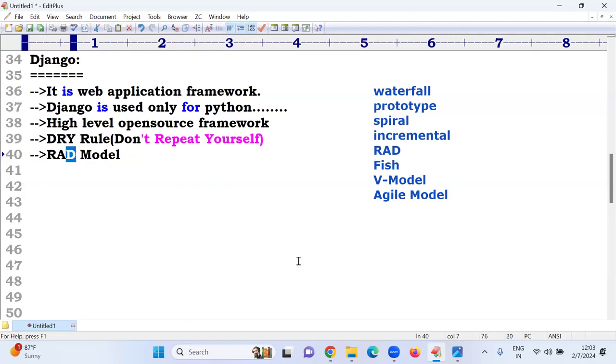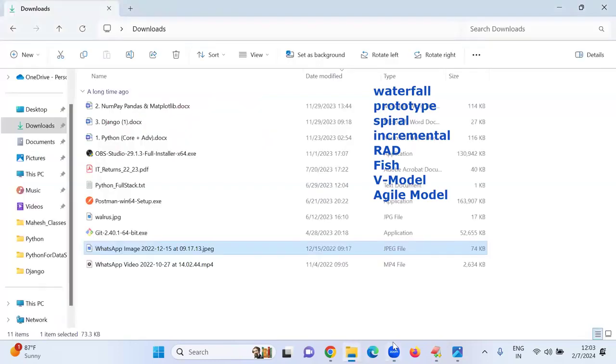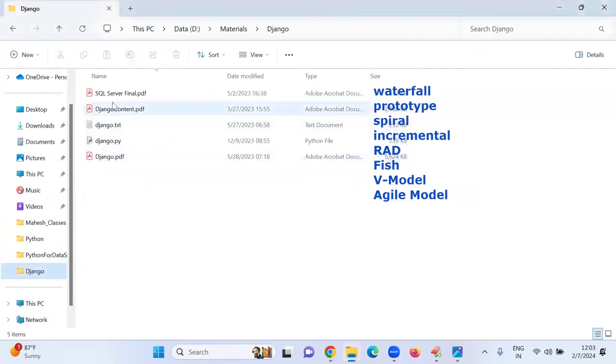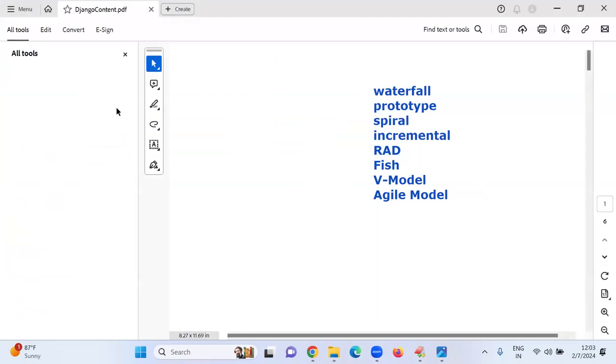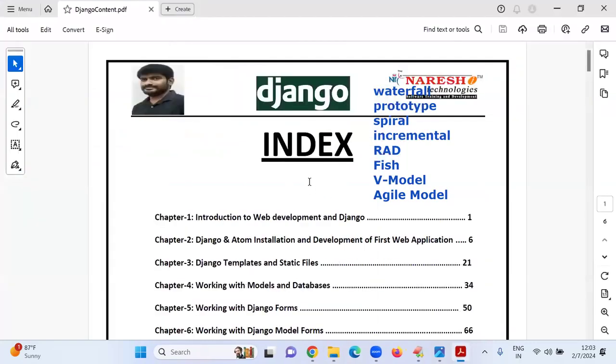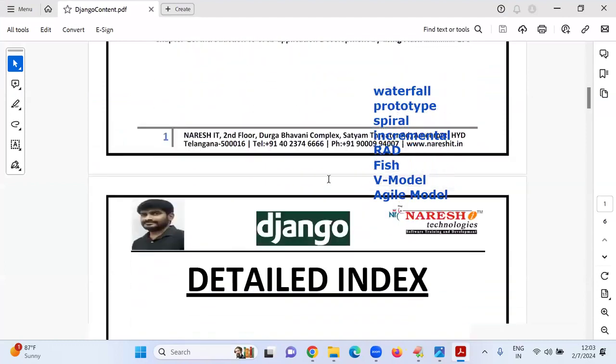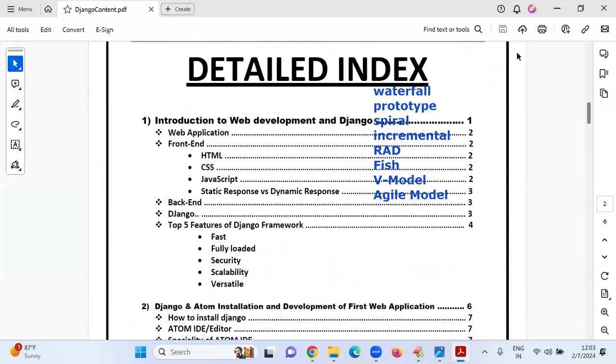For example, sir, once our core Python and advanced Python were completed, I gave my materials, which I provided in Google Classroom as PDFs. Once Django is completed, I will show the course content and explain. Once I give this content, there are some 300 pages of content.